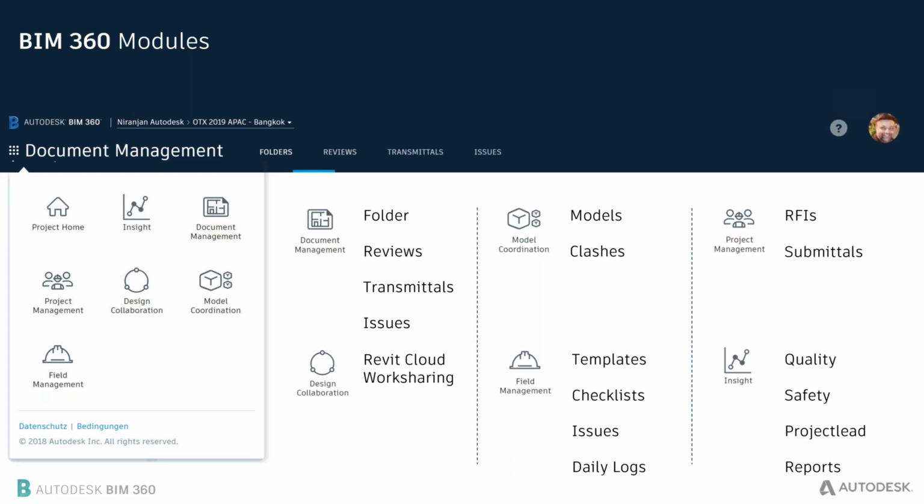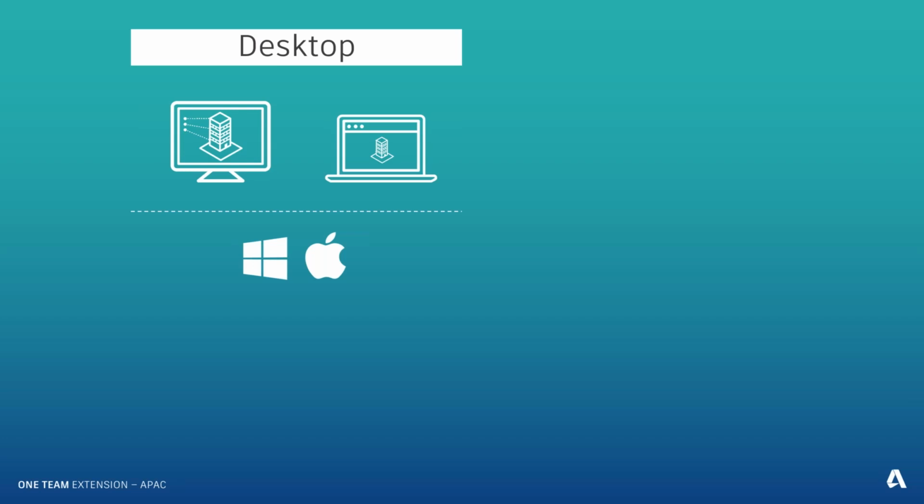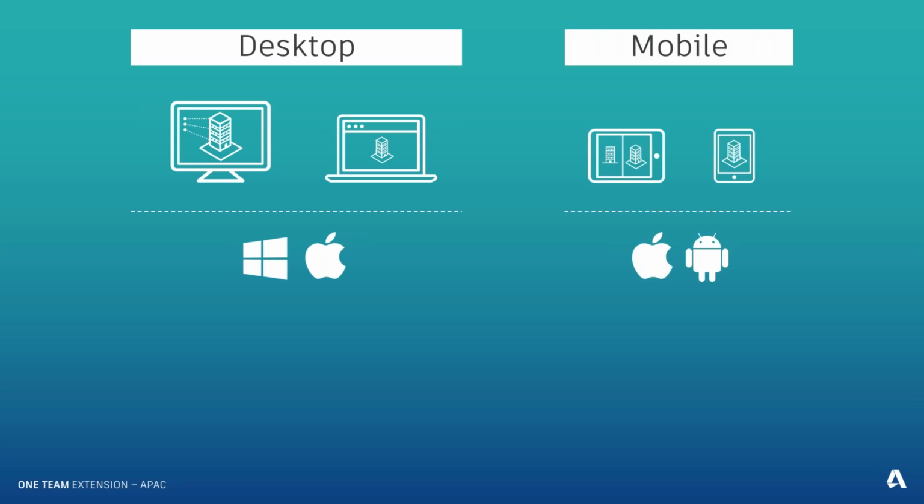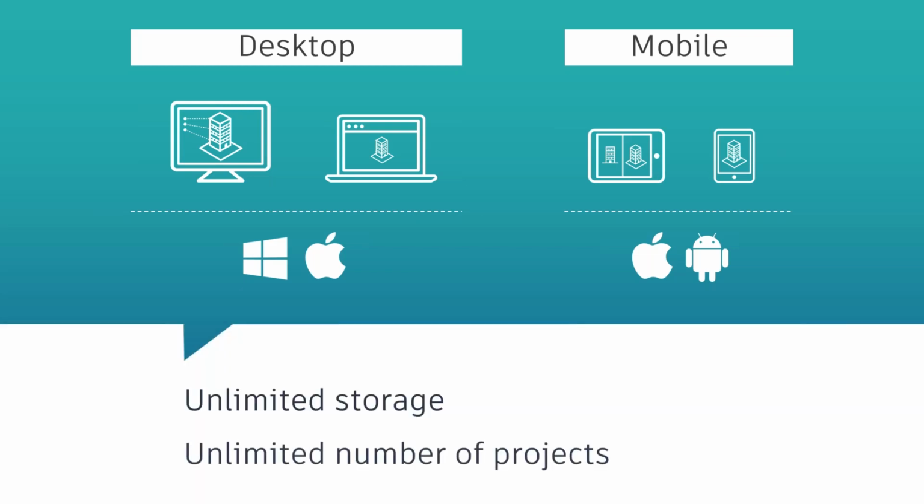Now, all the BIM 360 solutions that you see are accessible through desktop and through mobile devices. So as soon as it is pushed onto the BIM 360 platform, it is immediately available across all the platforms, and people accessing them from anywhere, anytime will see the latest information. And the whole BIM 360 comes with unlimited storage, and with one BIM 360 account, you can create an unlimited number